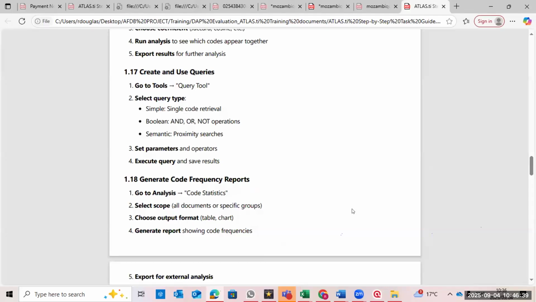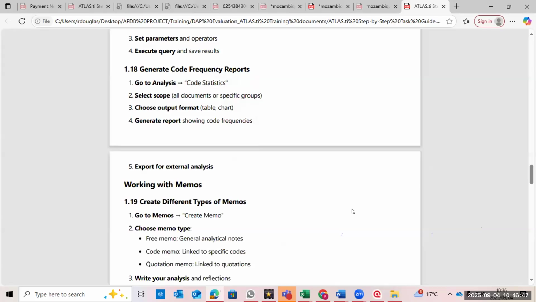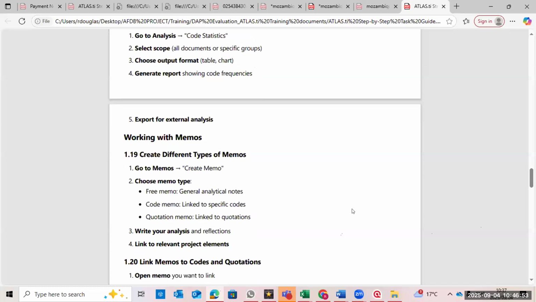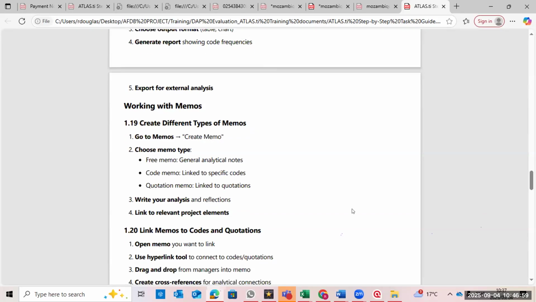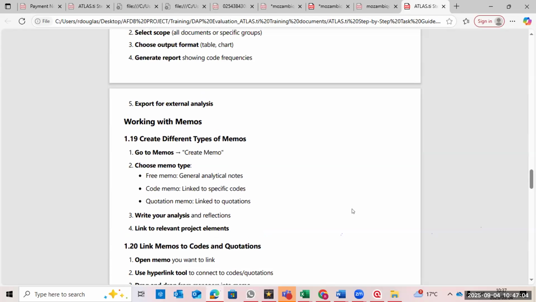Then under analysis, this is how to generate the code frequency report, and you export. Working with memos, how to create a memo, which we have already explained is used for analytical purposes. You can create a free memo which is not attached to any code or quotation. You can create a code memo that is linked,